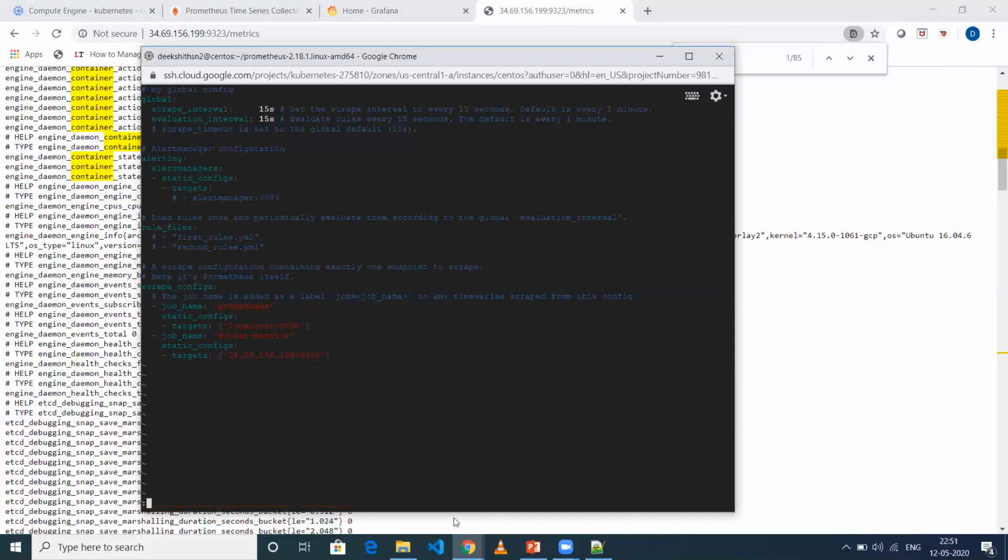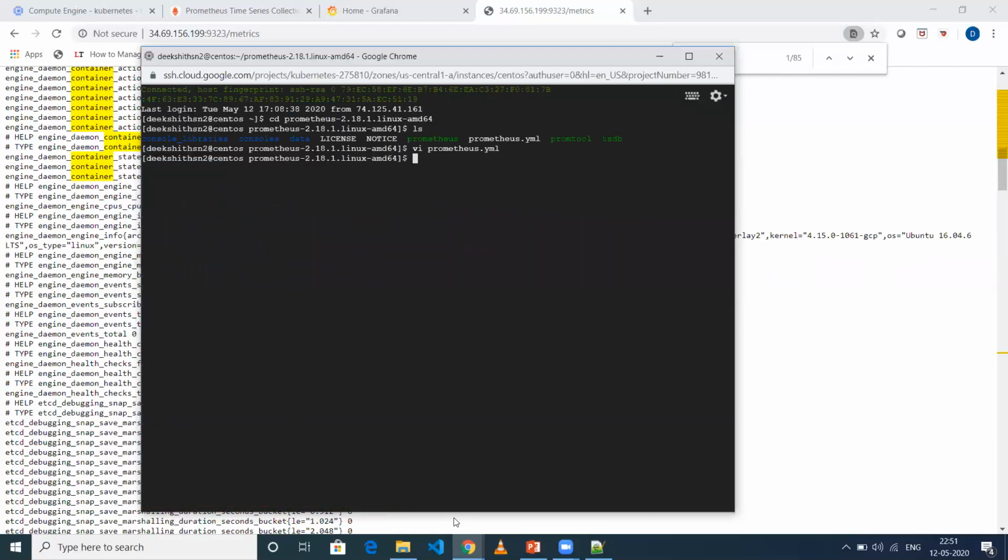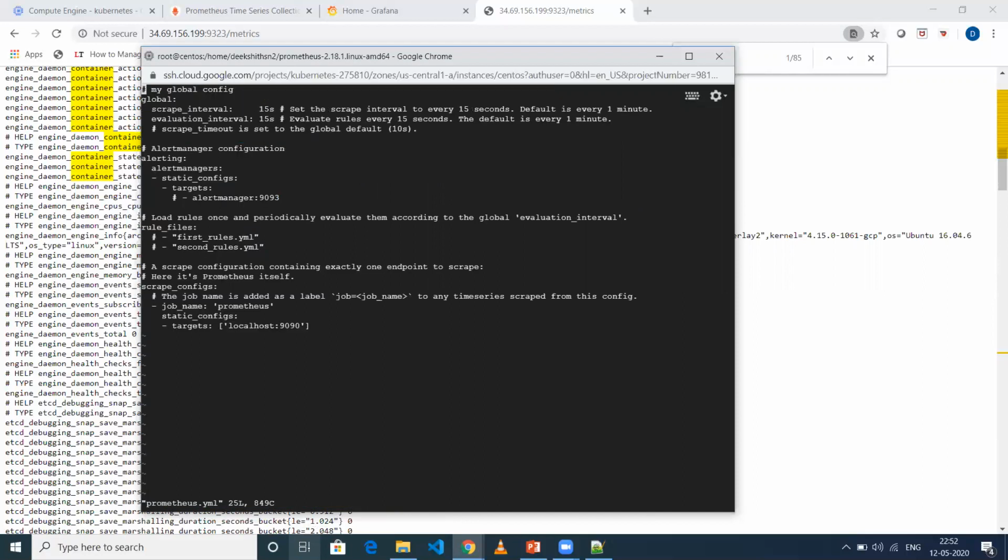Okay, I didn't do this with root, so that's the reason it is asking me. So again I'm going to edit that particular file. vi prometheus.yaml. Okay, so now I've logged in as root. So let me copy quickly this one.